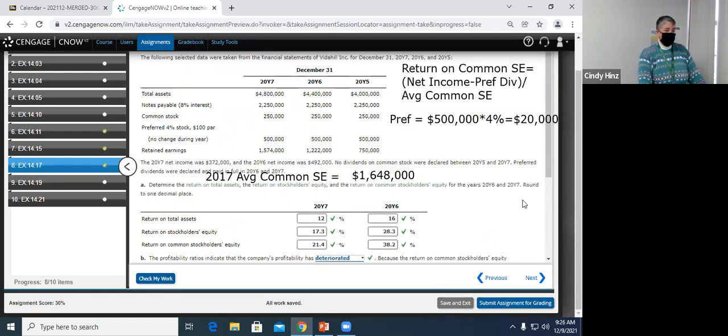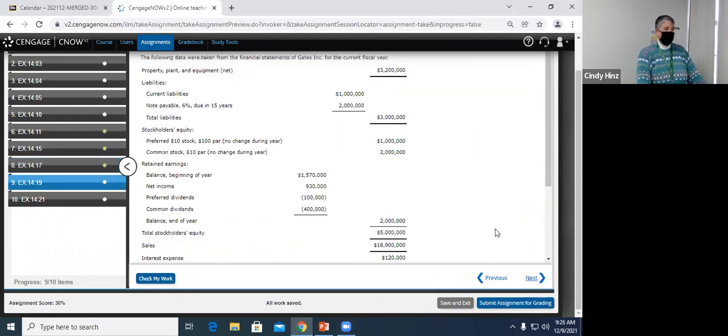Any questions before we move on to the next exercise? Make sure we get through these before we run out of time. Questions, anybody? Let me erase my pictures here and go on to